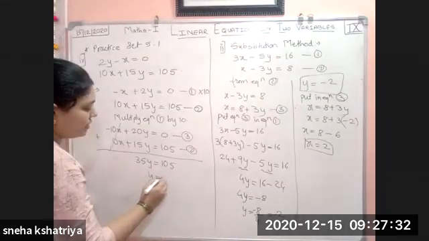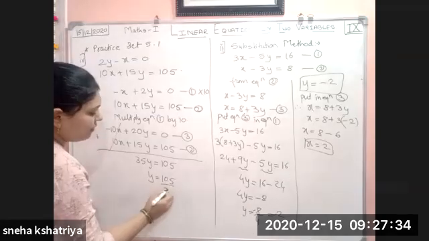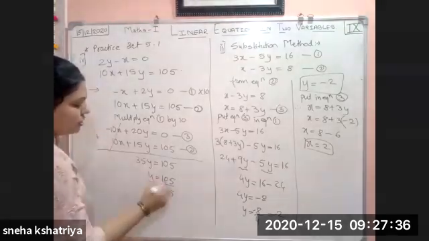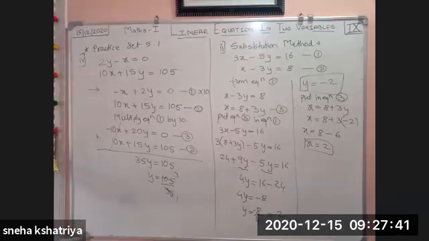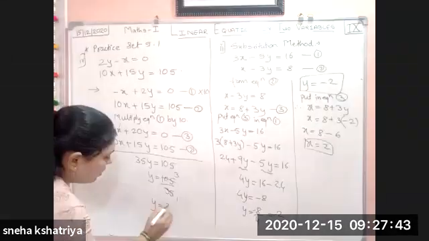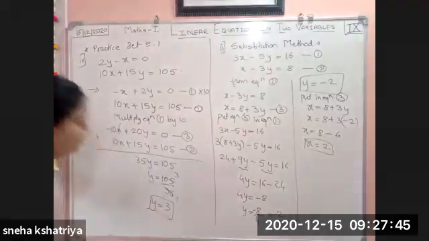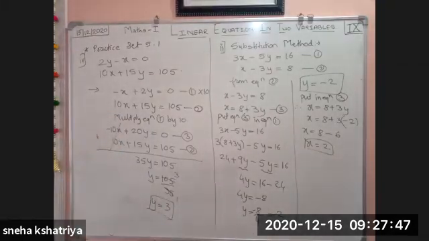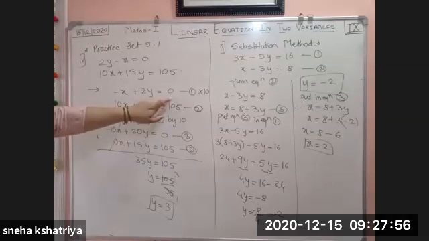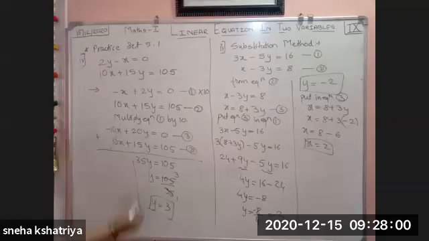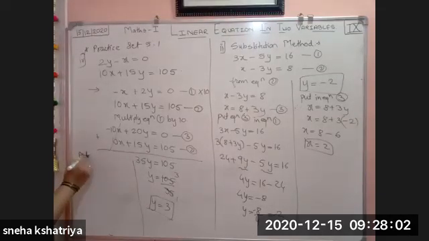So we get y is equal to 105 divided by 35. So 35 ones are 35, 35 threes are 105. So we get y is equal to 3. Put the value in one equation. This one is easier. See here, if we put y is equal to 3, 3 twos are 6, shift it to the right side, 0 minus 6 it will become. Okay. So that one is easy.